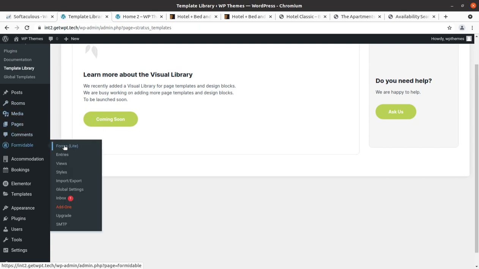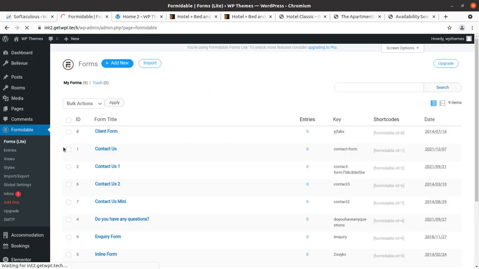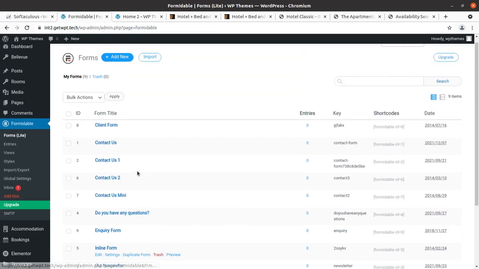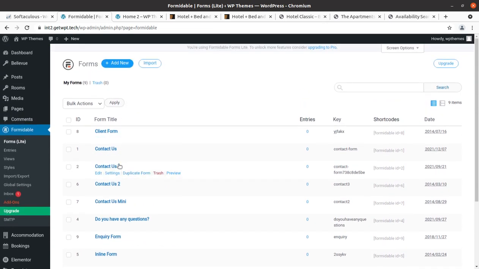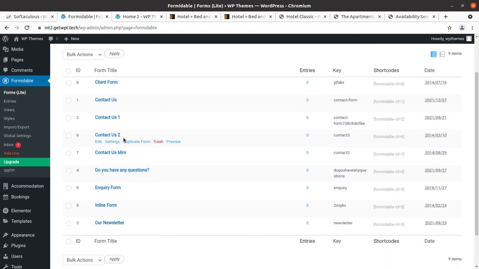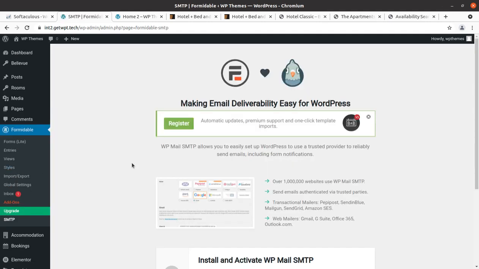Formidable is for making forms, and I'm showing you. These are the forms that have been used on the website, or you can add new forms or edit the existing ones which are being used on your website. And you can also set up SMTP. It is very important.